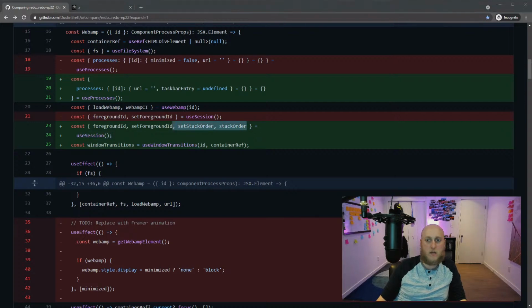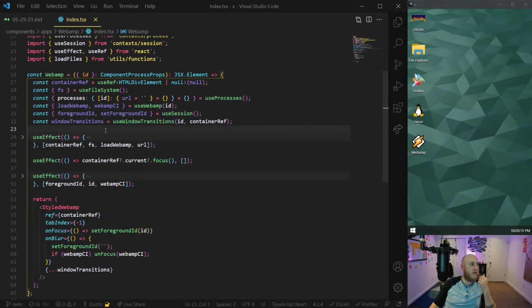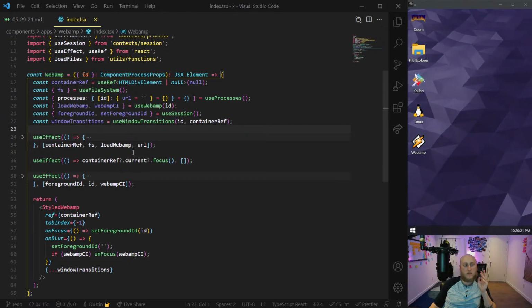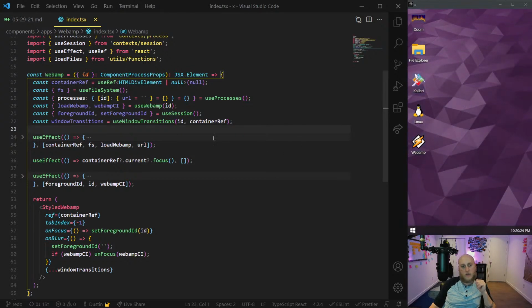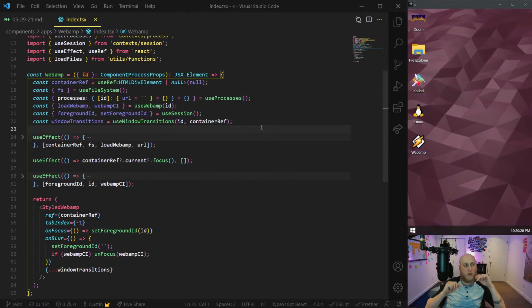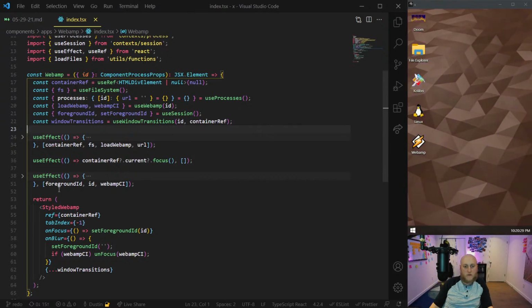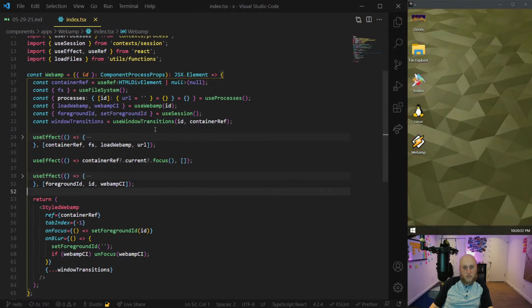That was one of my first mistakes, is that with Webamp, at some point I might abstract this out to a hook, by the way. I mean, right now there's very few things I have that aren't in my window container concept. Webamp's the only one. So until I have another app, I'm not going to generalize this too much. I'm happy I was able to reuse the animation part. Oh, sorry guys, I should switch to the code even though I'm not doing anything. I was talking about this. So for Webamp, I'm happy this is generalized, but as far as some of the focusing logic, it's a little bit repetitive, but until I have a second use case for another app that's not contained in my already generic windows, I'm not going to worry about it. So let's just get to that.